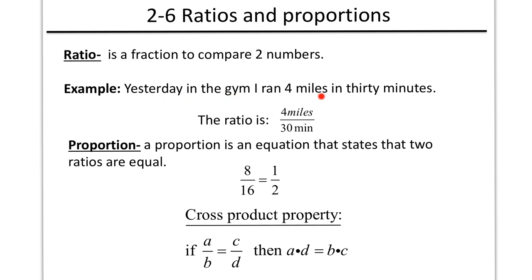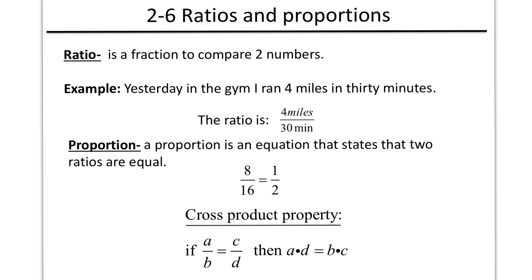Yesterday in the gym, I ran 4 miles in 30 minutes. Now you understand what that means: 4 miles is the distance that I ran, and it took me 30 minutes to do that. Now the ratio that actually explains what happened is a fraction. So here's the ratio, 4 miles over 30 minutes. What I'm trying to say here is that I can run 4 miles in 30 minutes. So that's a ratio. A ratio is just a fraction that tells you what to compare from the numerator and the